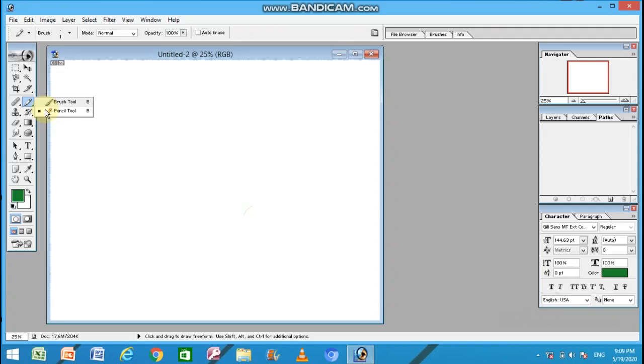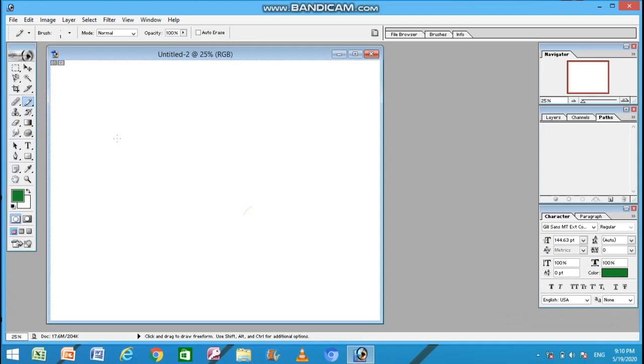But first of all, let us understand the brush tool and pencil tool which are available in Photoshop 7. In the previous chapter also I explained about this pencil and brush tool. Let us revise that again. We can use the pencil tool when we want to do a freehand drawing. I have selected the pencil tool from this context menu. This context menu appears when you click on this black triangle at the right bottom corner of any tool. If you right click, the context menu will appear, and from there you can select the desired tool. So select the pencil tool.